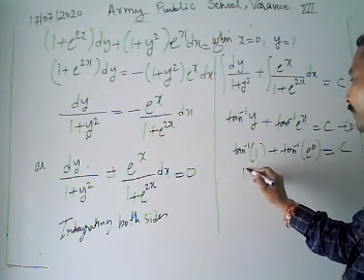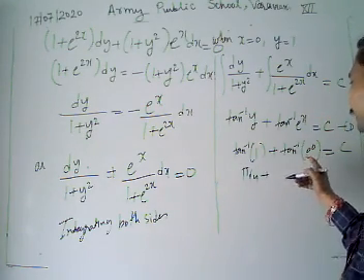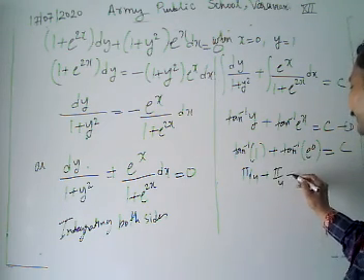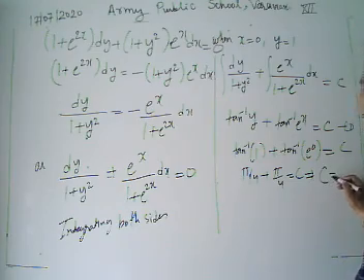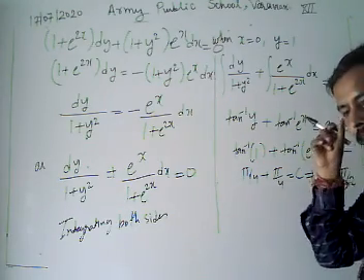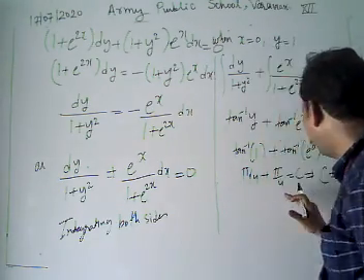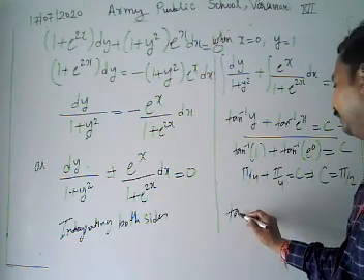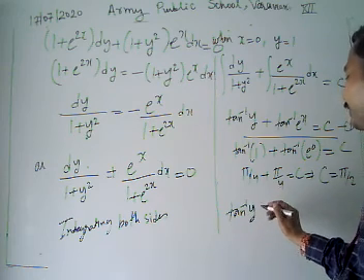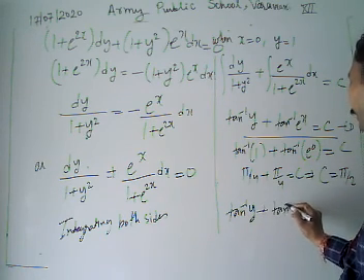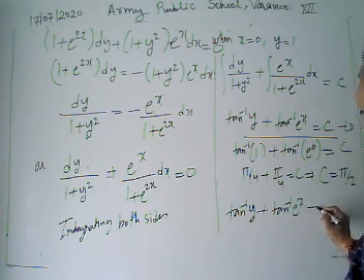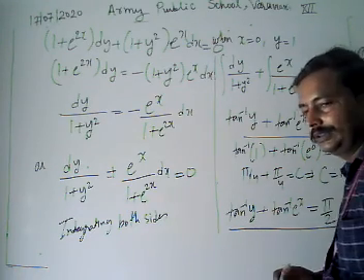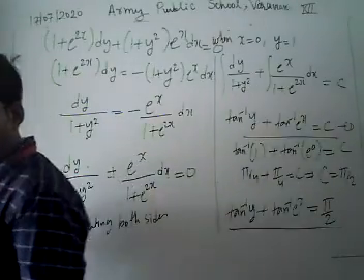It's pi by 4, and it's tan inverse of e to the power 0, which is tan inverse 1, again pi by 4, is equal to c. Then from here the value of c is pi by 2. Now we get the value pi by 2 and we are going to substitute this value of c here. Then our result of the differential equation is tan inverse y plus tan inverse e to power x is equal to pi by 2. This is our required solution.